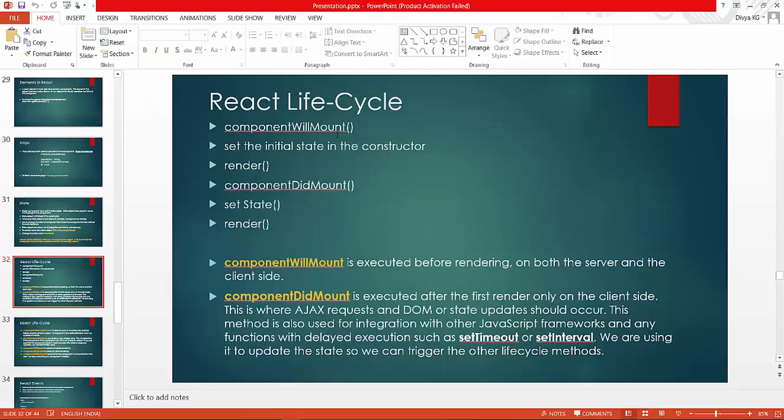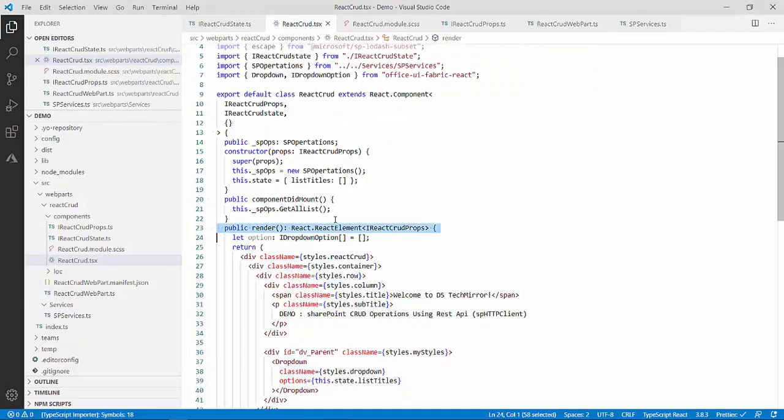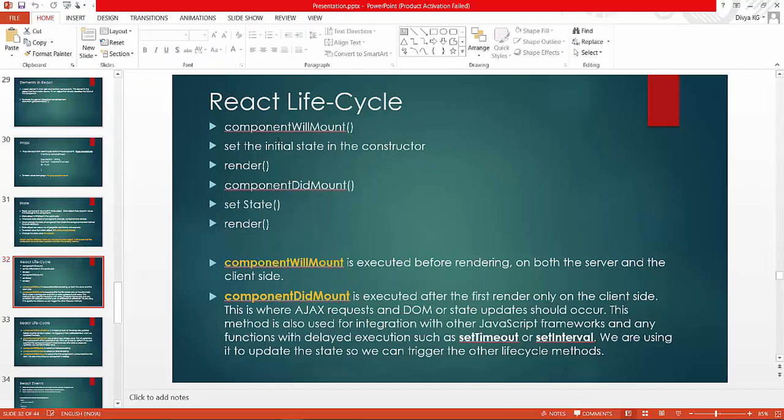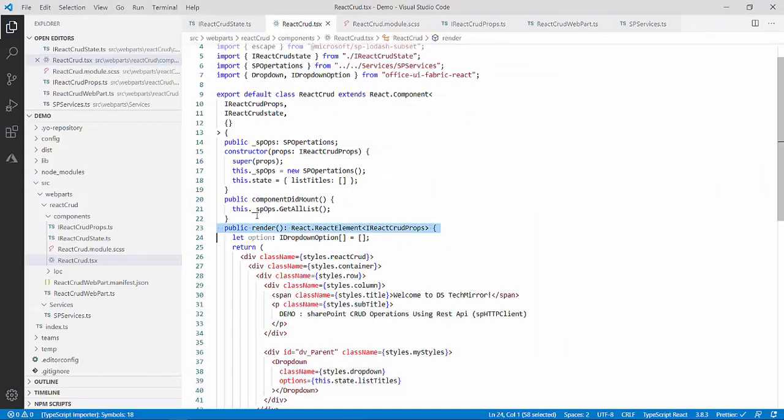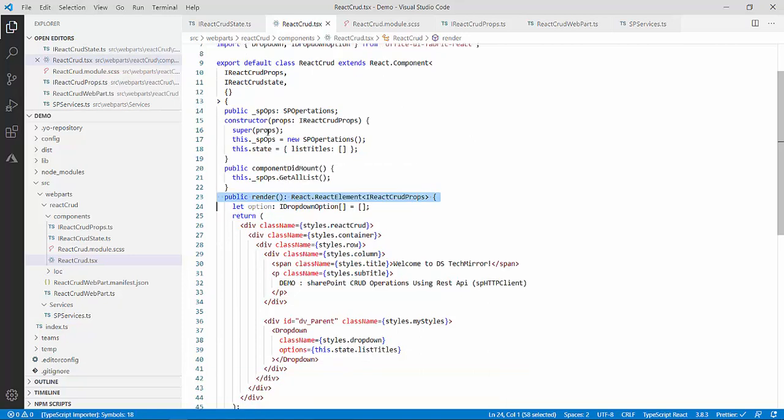See, in my last video I covered this React lifecycle. First of all, componentWillMount will get called, then the constructor, then the render, and at last componentDidMount. So now over here I'm trying to relate the theory and the concept. We are not using componentWillMount over here because it is not required. After that, the constructor will get called. Definitely the constructor will be the first thing which will get called.